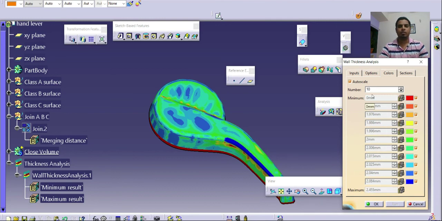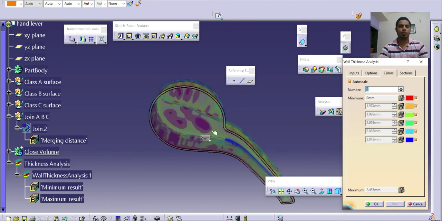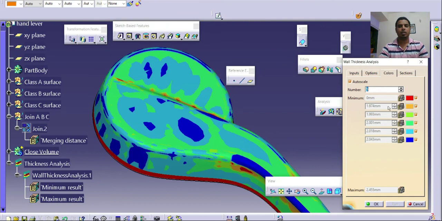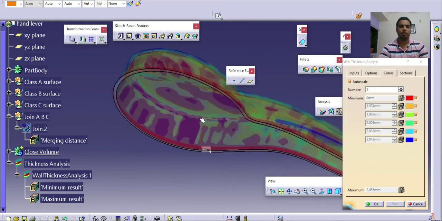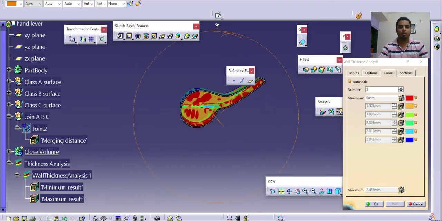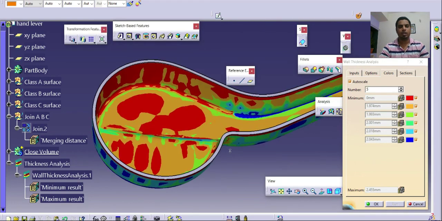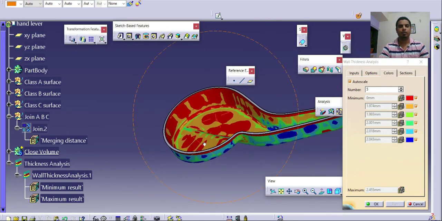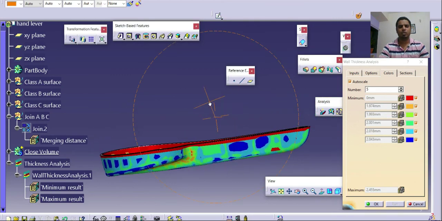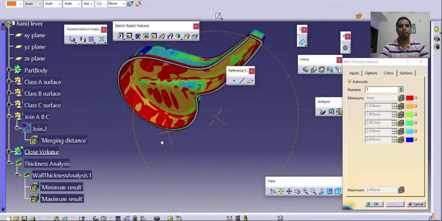Okay, so we can change this number in order to have minimum colors, and we can check the values at a specific location by simply dragging the mouse at a specified location. Okay, so it is somewhere between 1.97 to 2.04. So this plastic part has a uniform thickness. Okay, so there will be no sink mark after injection molding and so on.